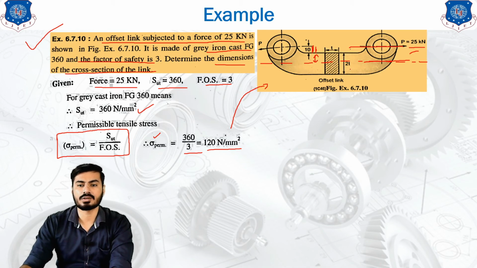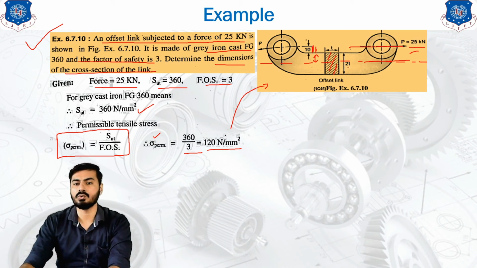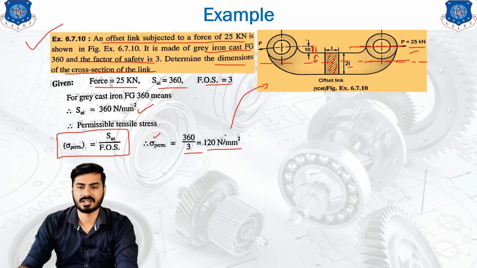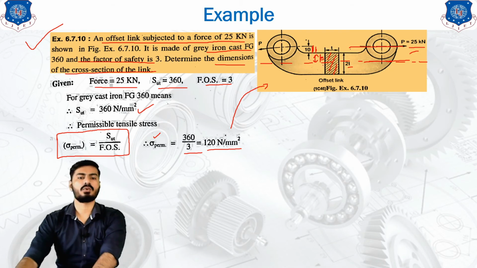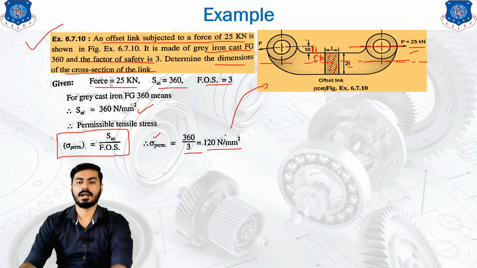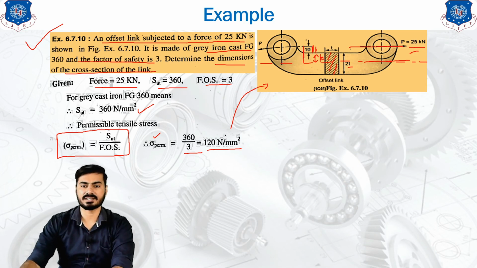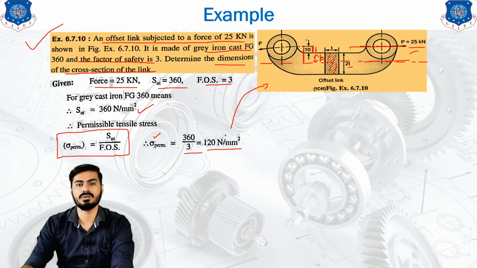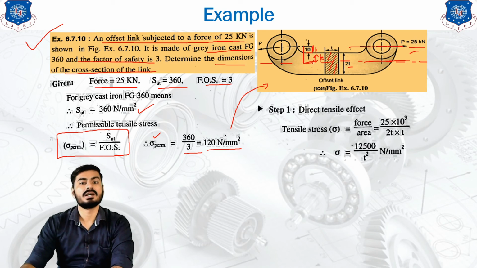As you can see, the cross section area is rectangular, and this cross section is having a height of 2t. This is the height of the cross section area. Then definitely this distance will be equal to t. So this is the distance t. So we learned that the eccentricity of the load can be calculated using the summation of this distance and this distance, which is nothing but t plus 10.